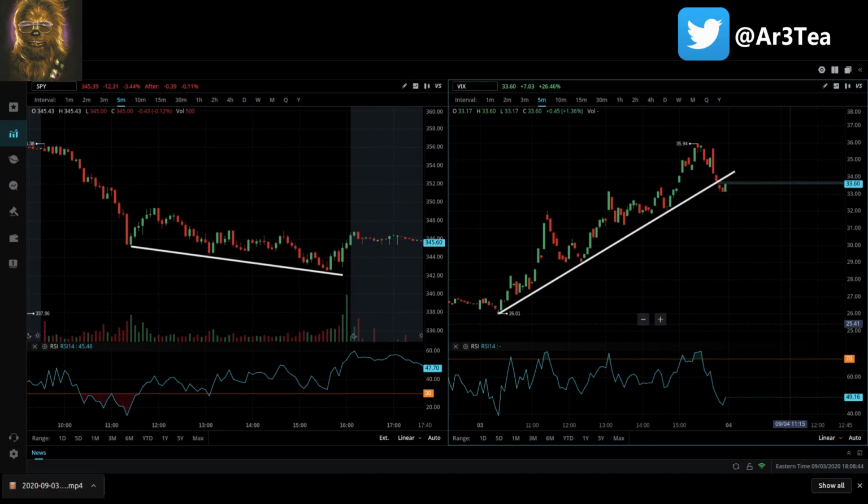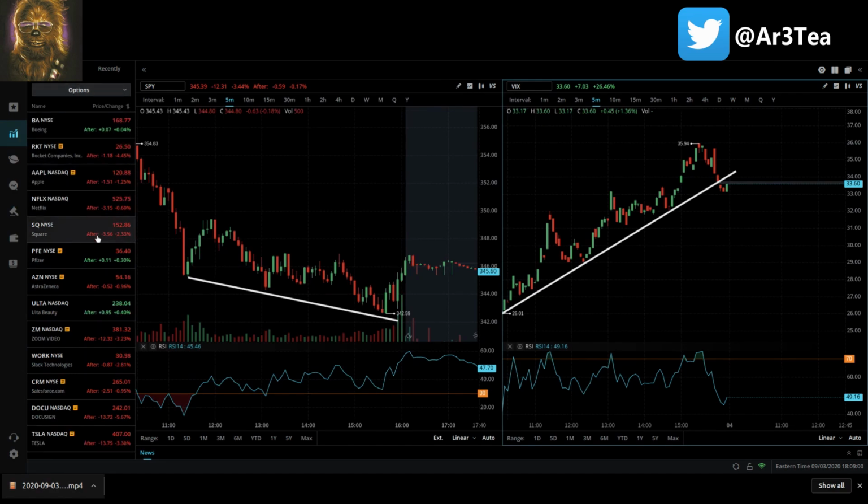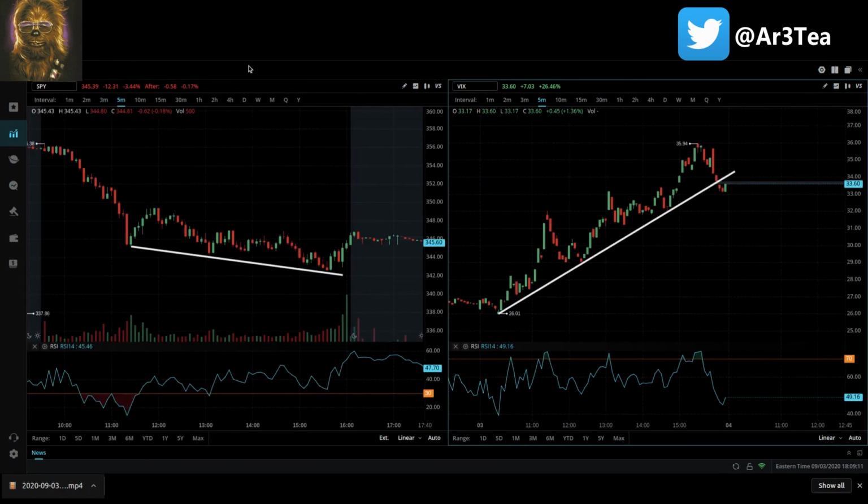You can play puts on large caps. You can play puts on SPY. I know not everyone is comfortable with playing SPY, and there's nothing wrong with that. There are many other ways to use the market to your advantage. Again, let's look at some large and mid caps. All of these are taking a beating because of a huge sell-off and a huge spike in volatility. All of these are great short or put opportunities, and you can make sure that sell-off days are not red